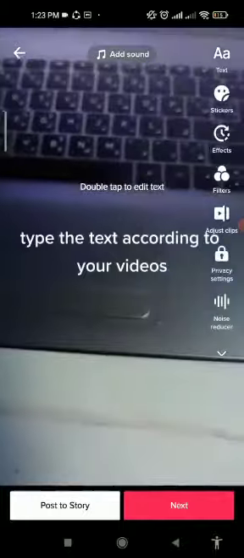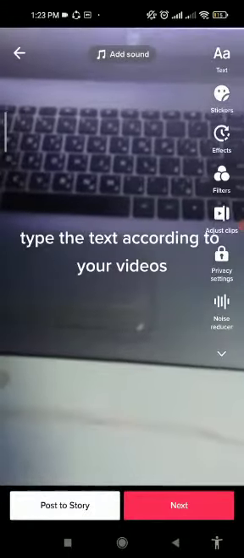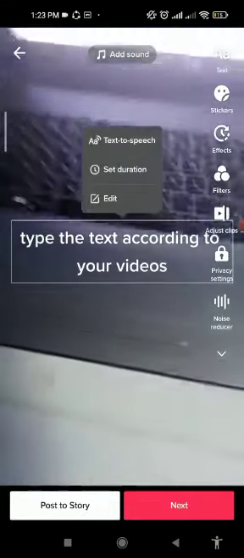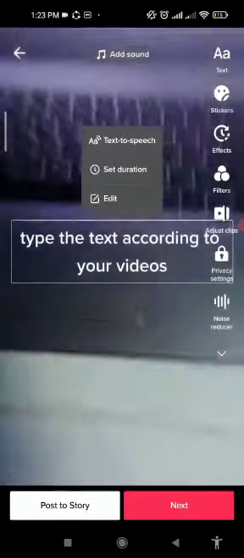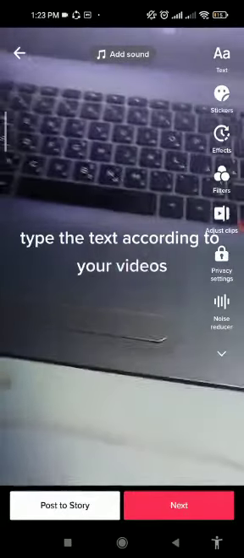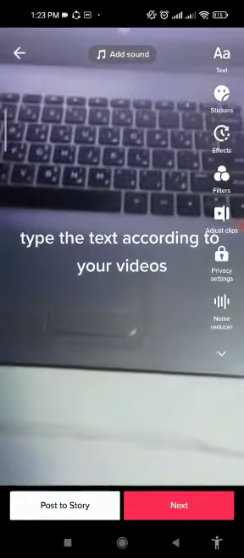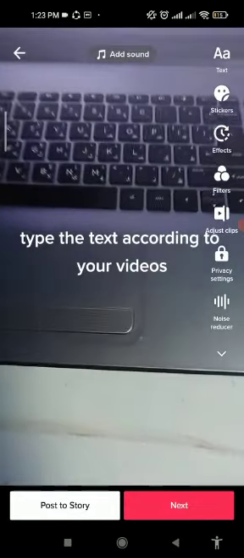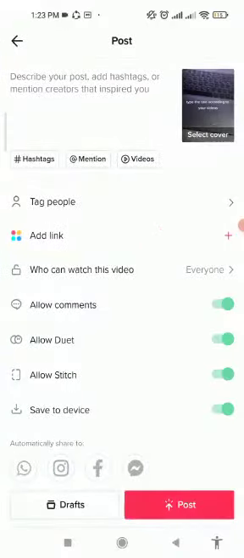Then click on the text that you just typed, and you can see the option Text to speech. So click on that option as well. So now when you are done, you can click on the option Next, and then